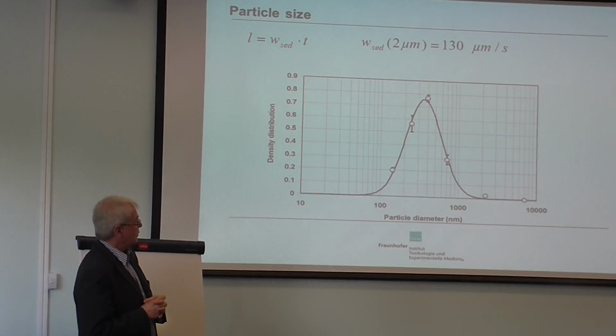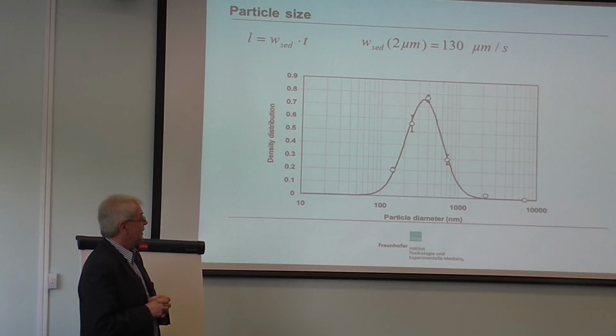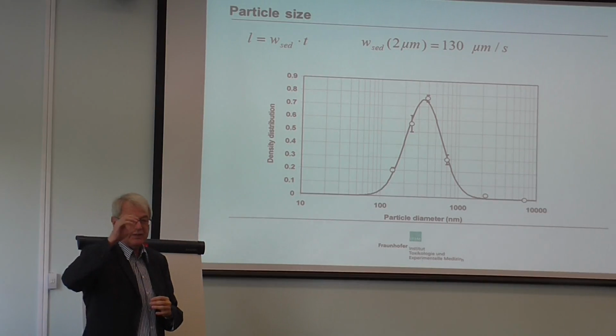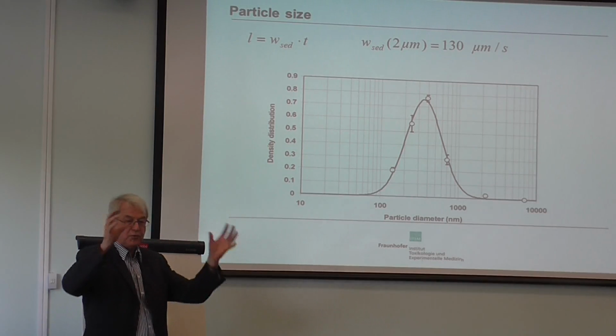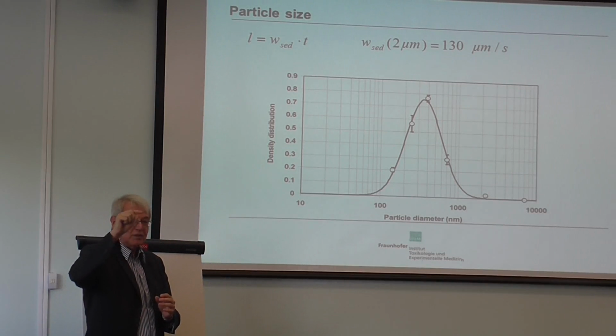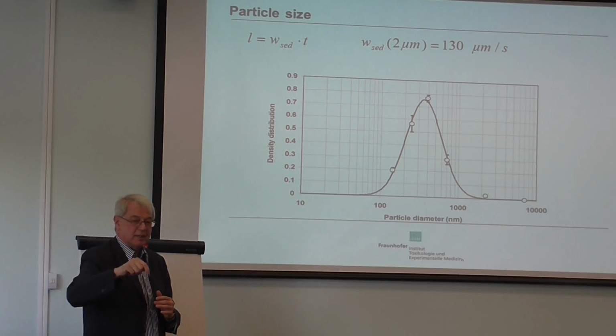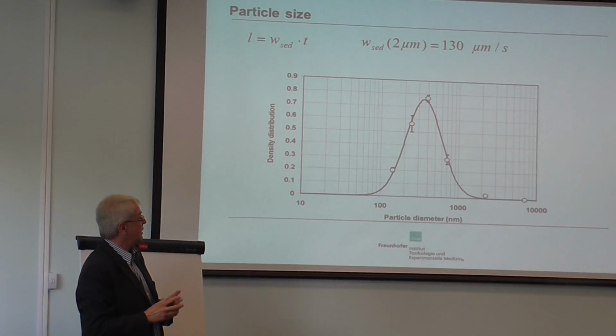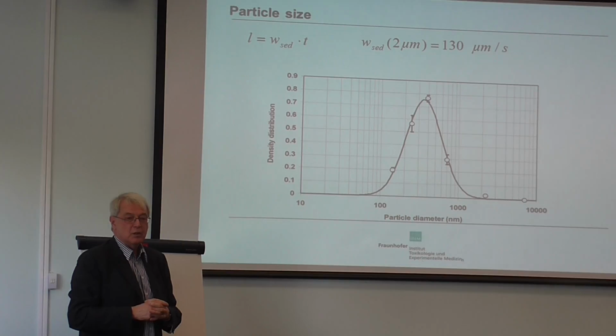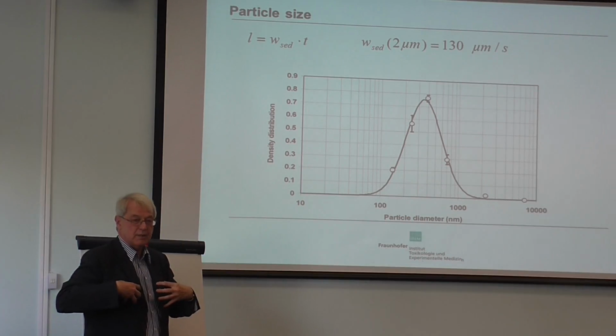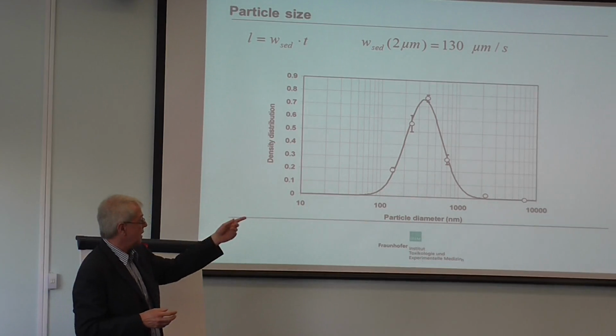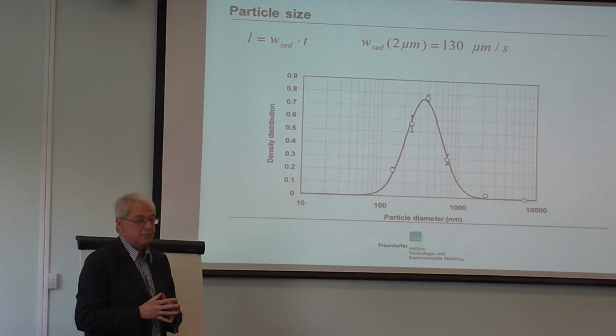So it is quite astonishing that we do not have particles larger than, let's say, 2 to 3 microns in the exhaled breath. The explanation, of course, is the settling. If these particles are formed in the peripheral airways, which are very tiny, then already small residence times are enough to remove the particles by settling. And therefore, by this simple argument, no particles can be exhaled which are larger than 2 microns, at least particles that are formed in the periphery. So we understand partly why there are no big particles.